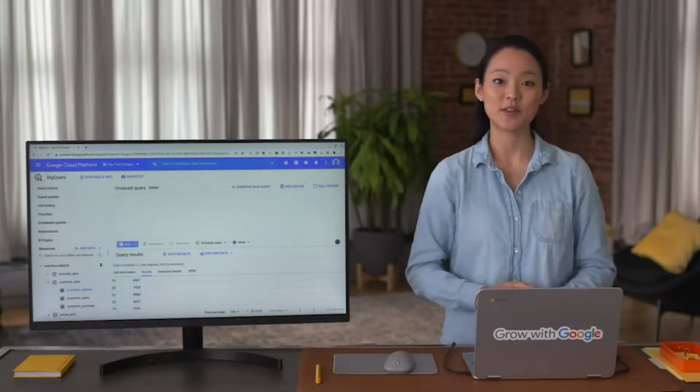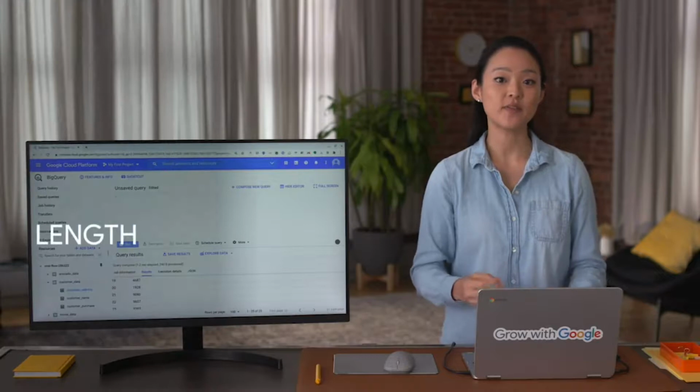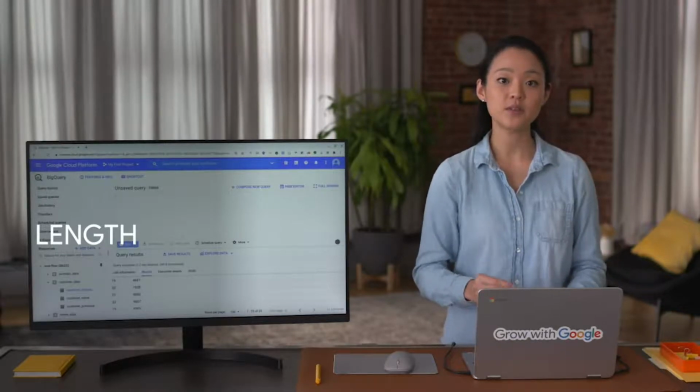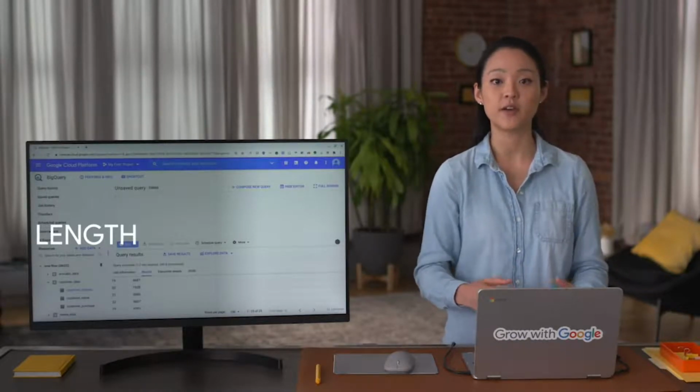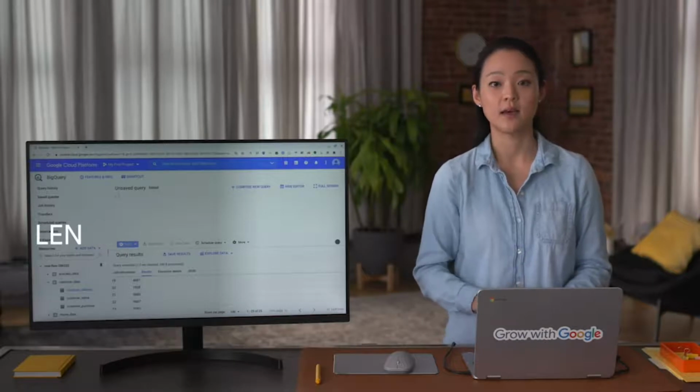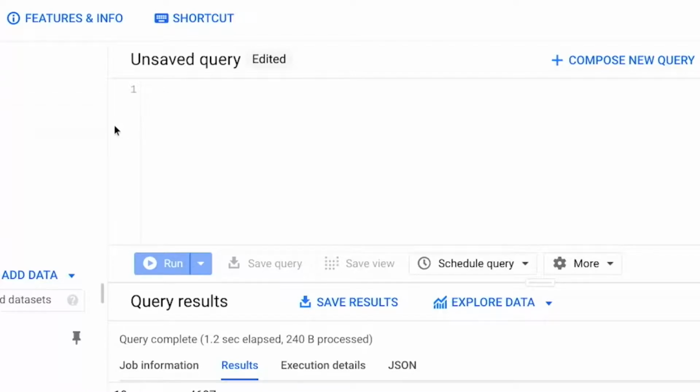The first function I want to show you is length, which we've encountered before. If we already know the length our string variables are supposed to be, we can use length to double check that our string variables are consistent. For some databases, this query is written as len, but it does the same thing. Let's say we're working with the customer_address table from our earlier example. We can make sure that all country codes have the same length by using length on each of these strings.